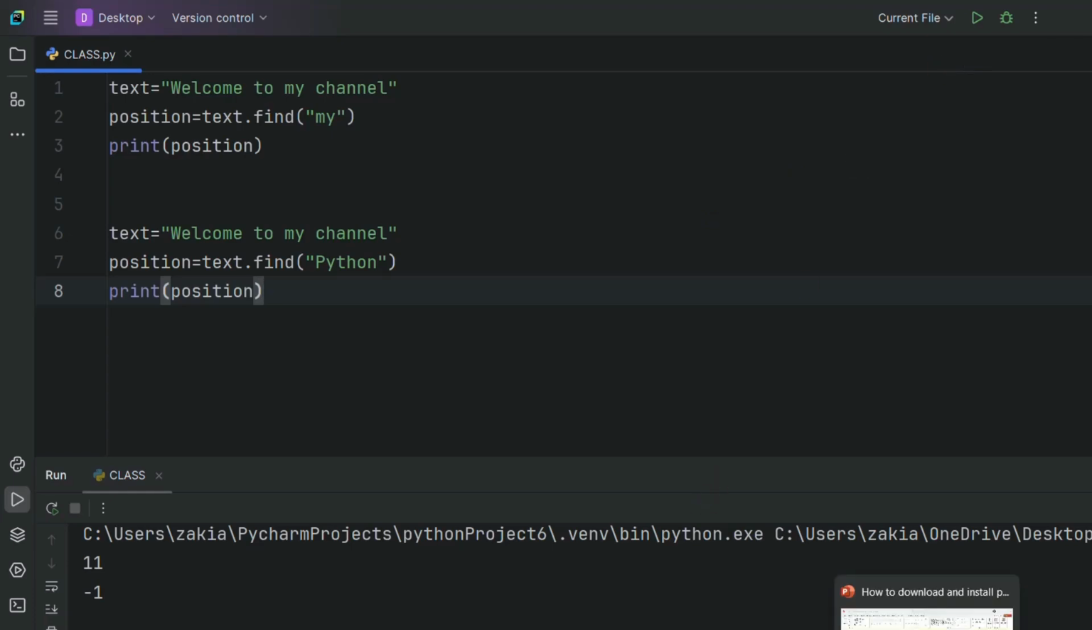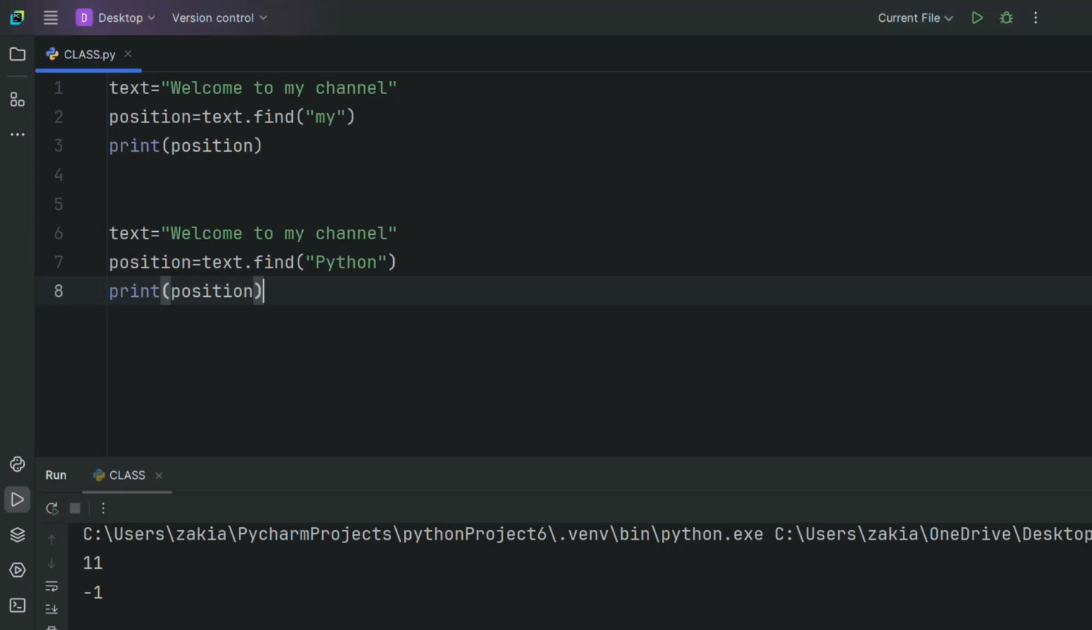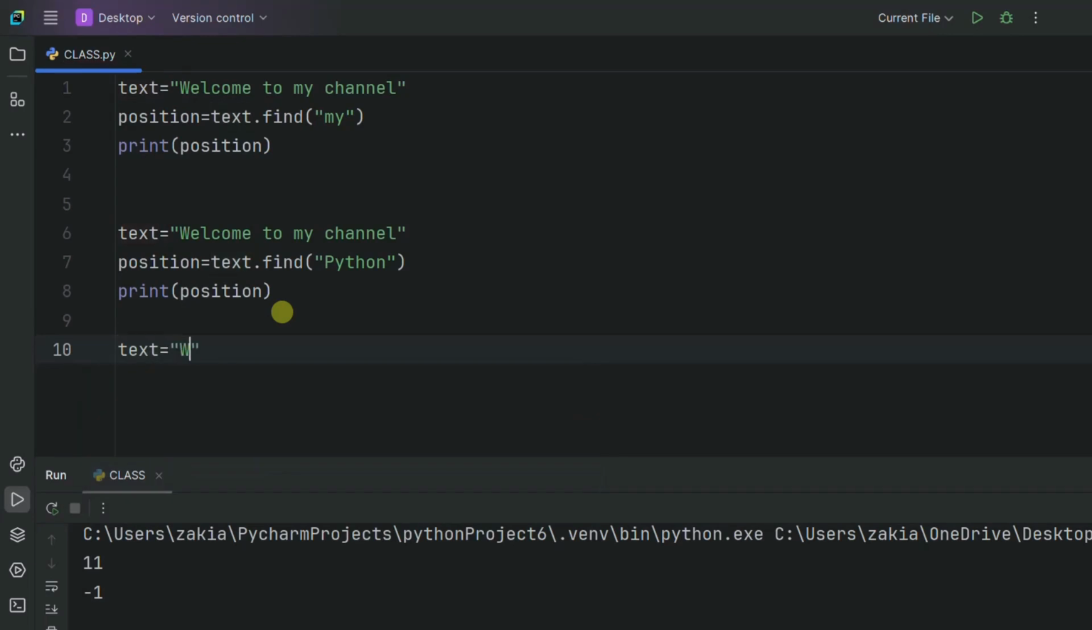In the same way, let's see the next method, which is the split method. The split method is used to break a string into parts. Let's see this one with an example. I will take a variable, and I will take the same example. Text equals "welcome to my channel",